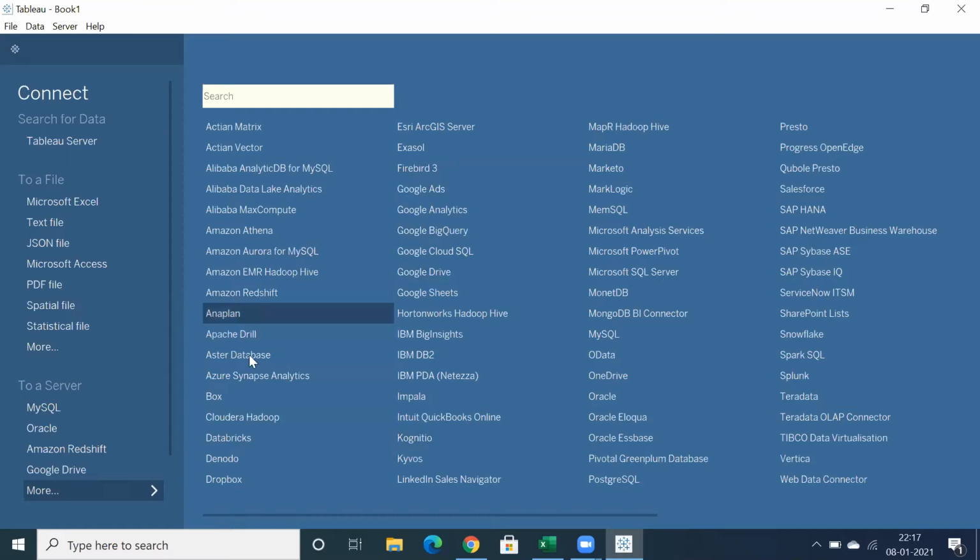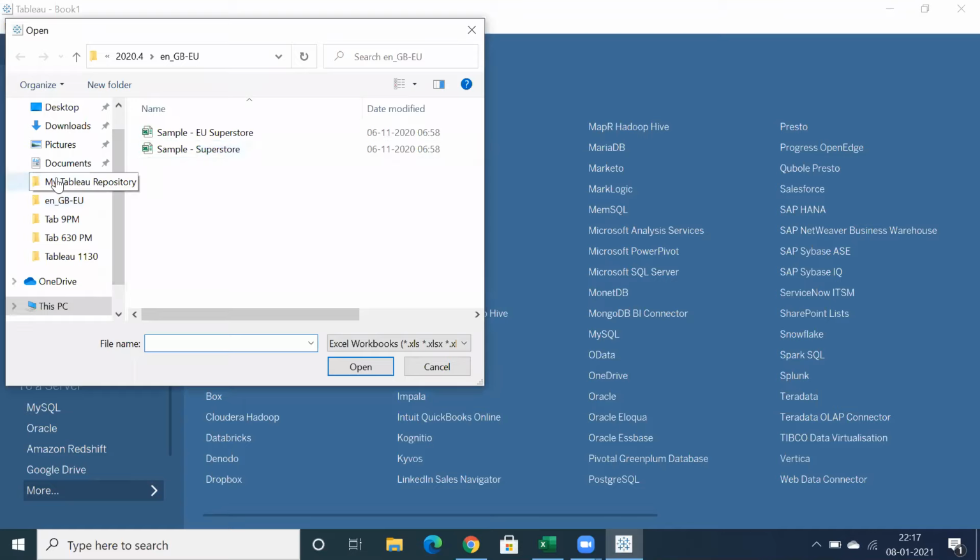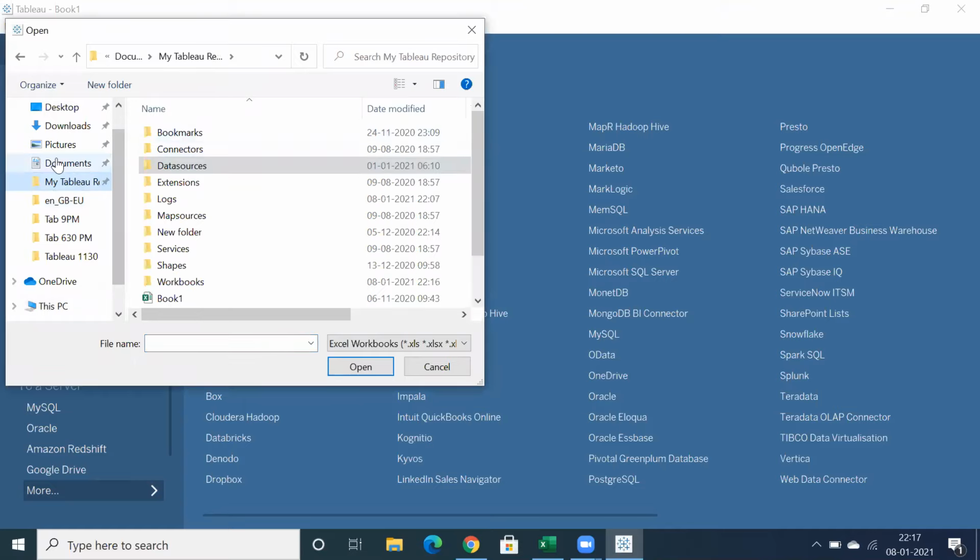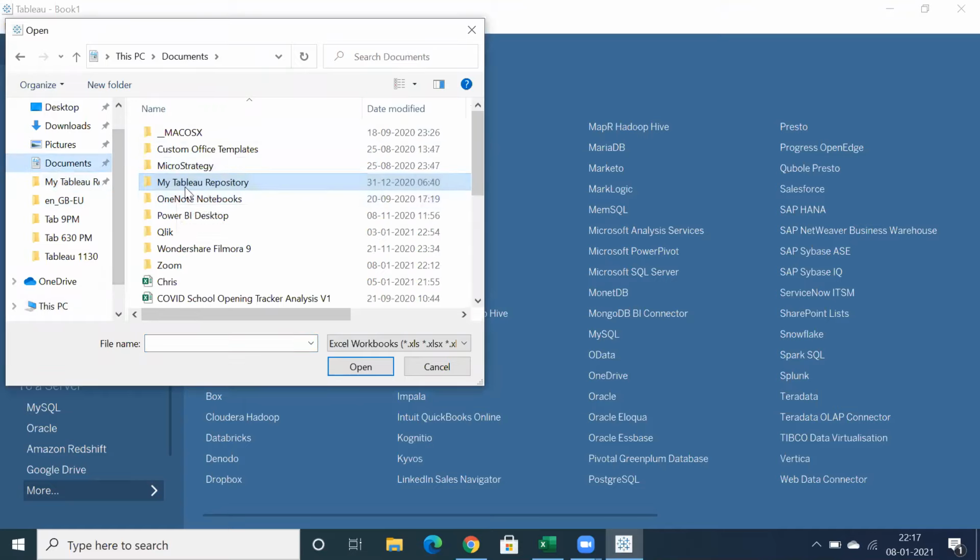And when you install Tableau on your PC, just click on Microsoft Excel. By default, you are going to get a folder called My Tableau Repository in the Documents folder. When you install Tableau software, you will get My Tableau Repository.